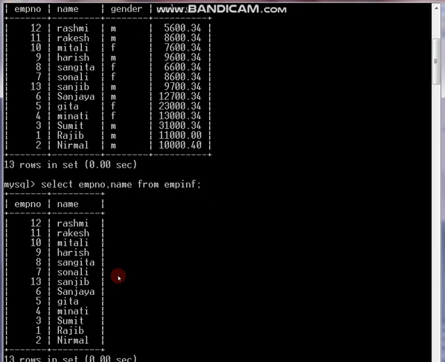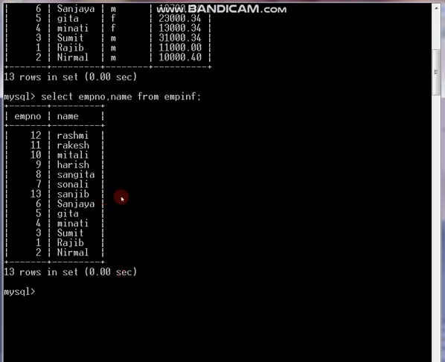As it is not case sensitive, we can write as we wish. The only thing is, the spelling has to be correct: the command spelling as well as the column name. See, the employee number and name both are displaying in the table, and it will always give you the message of the number of records you have and at what time you finished the coding. Clear, students? This is how we can display the records in particular columns.